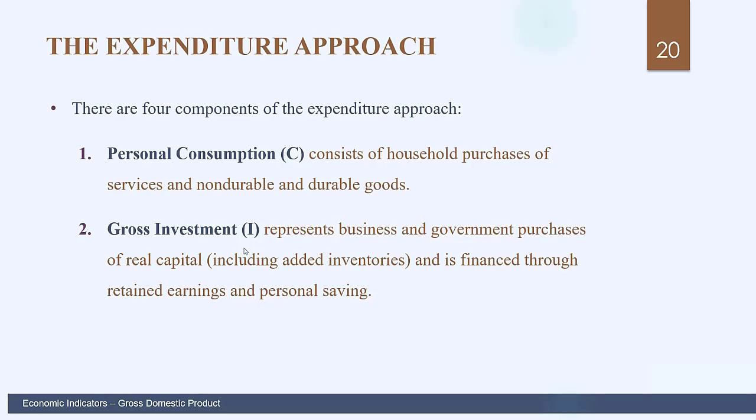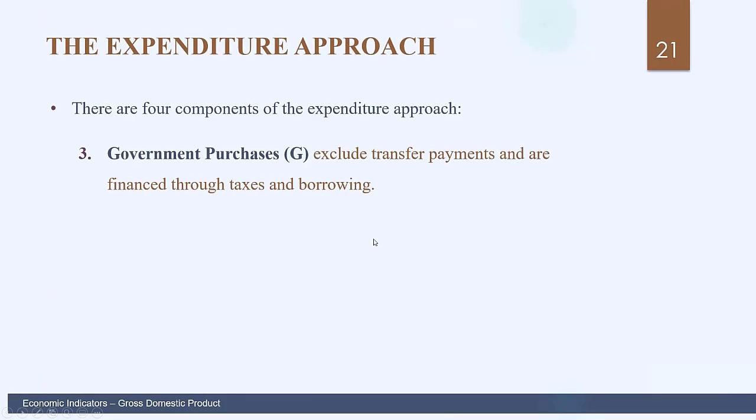And then third, government purchases. And we will exclude any transfer payments here because these aren't, again, contributing to any economic activity. They're just transfer payments. The government collects taxes from households, but then gives a little bit of it back in the form of transfer payments, such as pension payments or EI payments. We're just interested in government purchases. Any activity where the government is purchasing something and that leads to economic activities.